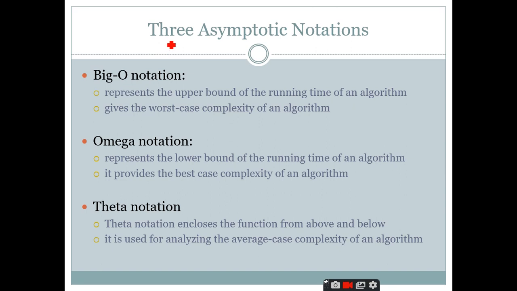Right. So there are three asymptotic notations for measuring the complexity of the algorithm based upon the inputs. One is the big O notation, another one is the big omega notation, and this we call big theta notation. Big O notation represents the upper bound. This is very important. You have to remember only a few terms, right? Don't try to remember all these things and get stressed about these terms, right? So big O notation represents the upper bound of the running time of an algorithm.